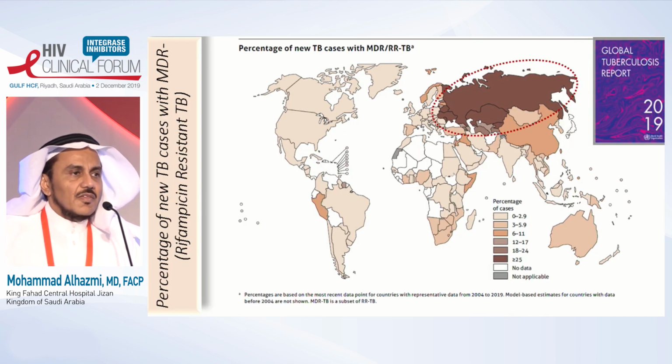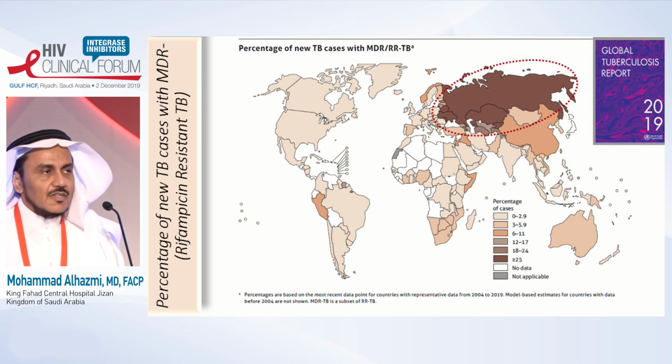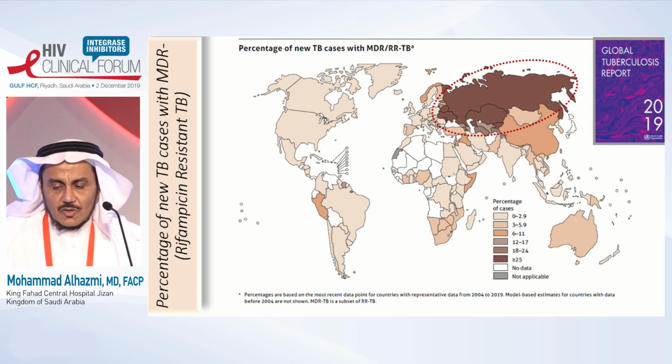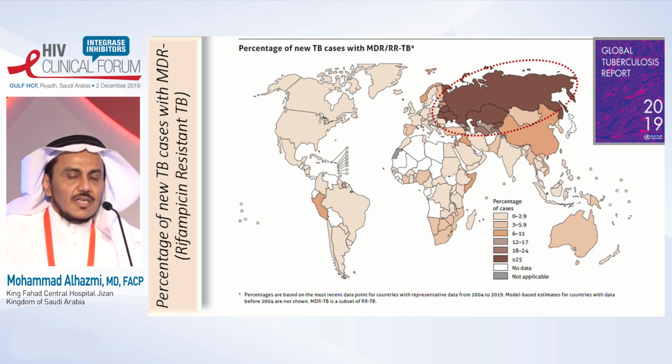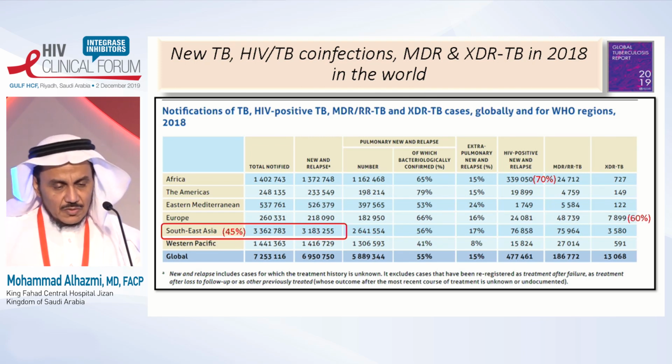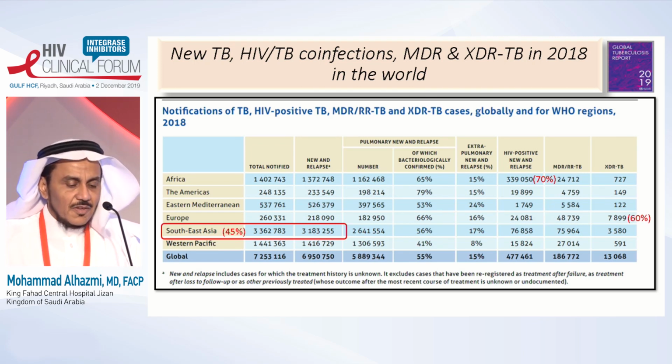A third problem that we have with TB and HIV is that we are now having multidrug-resistant tuberculosis and even extensively drug-resistant, or XDR, tuberculosis. And they are mainly in the Eastern European countries. If you look at the disease distribution worldwide, we can see that